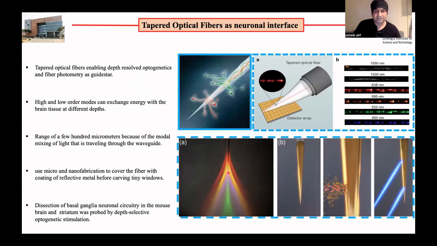And here is another development that made the optical fiber contain the light information of many wavelengths. To make it more specific, we did micro and nano fabrication of reflective metals, and we made windows to use a specific range of light for a specific layer inside the cerebral cortex. So in that case, we can reach our exact targeted area with the energy or wavelength that is